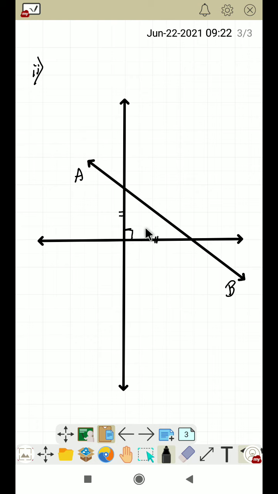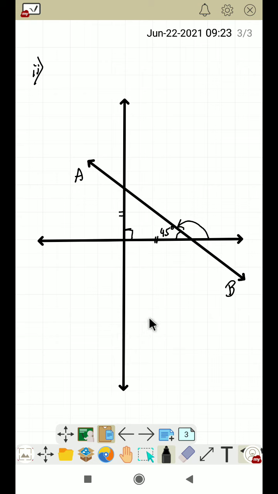But you have to find the inclination. That means you have to go to the positive direction of the x-axis. You have to find this angle in the anti-clockwise direction, not this angle. This is the negative direction of the x-axis, clockwise, and this is the anti-clockwise direction. So we know that this angle is 45 degrees. This is a linear angle, the whole angle is 180 degrees. If you subtract 45 degrees from 180 degrees, you will get this part.